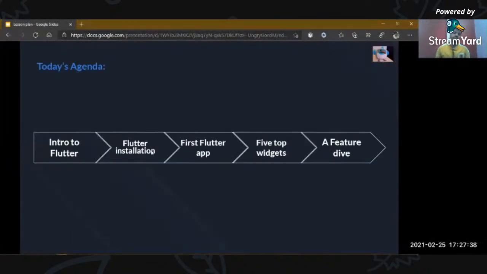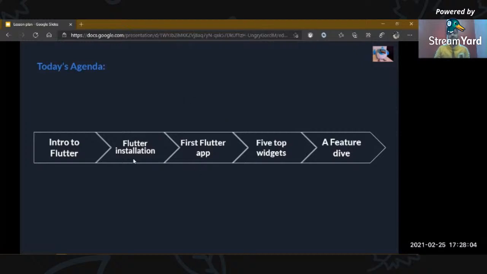So today's agenda will be as follows. We will be seeing our intro to Flutter, and then the most important part will be Flutter installation, for beginners to advanced, whoever wants to start here. After that, we'll be looking into our first Flutter app.